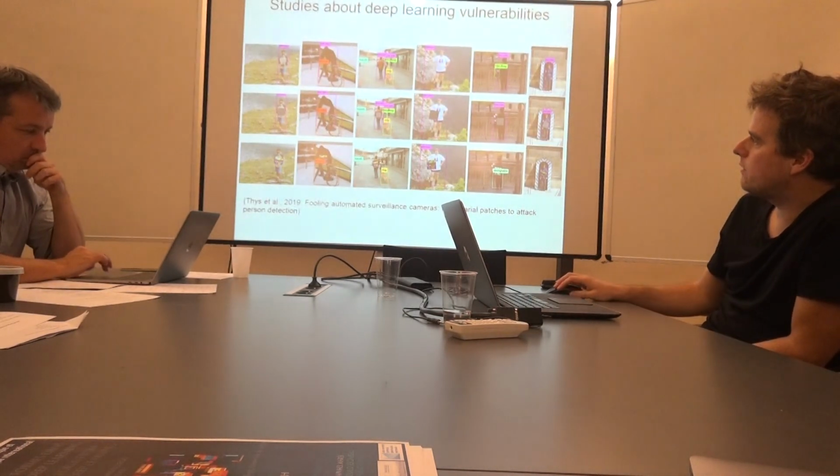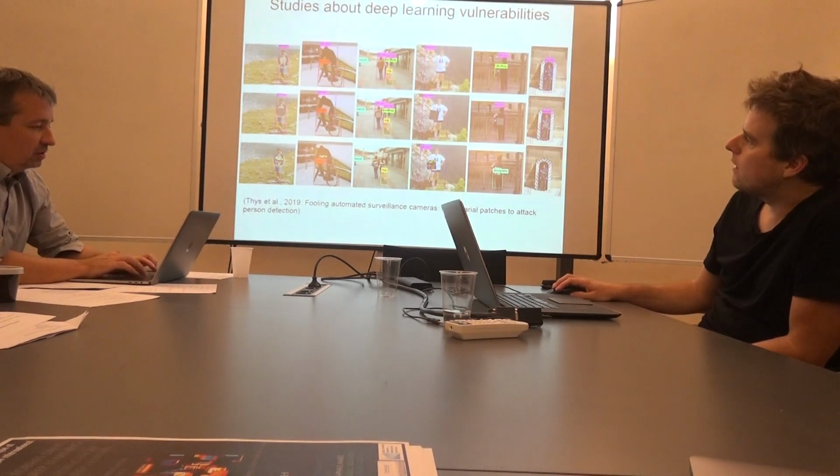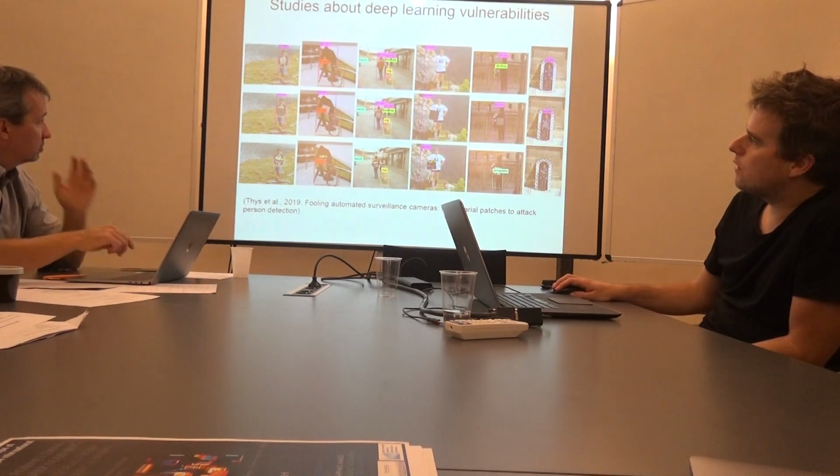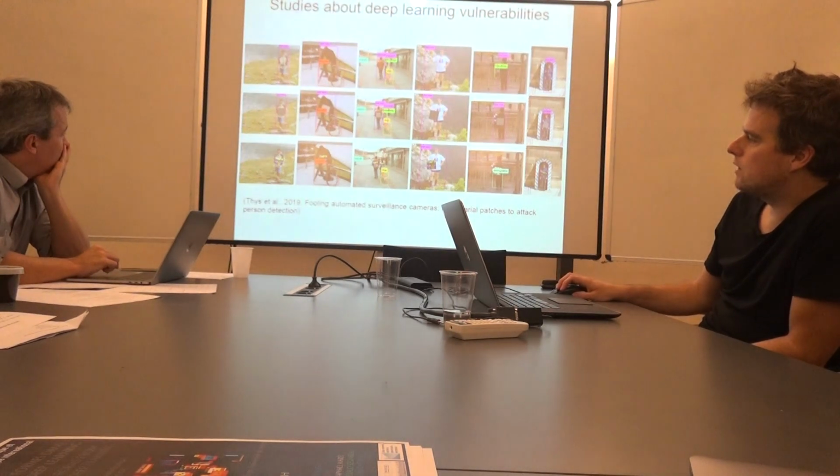For example, this study done by a group of researchers shows that if you apply this deep network on this kind of image, it correctly detects the persons. But it's possible to fool this deep network so that if you put this little patch on top of this person,